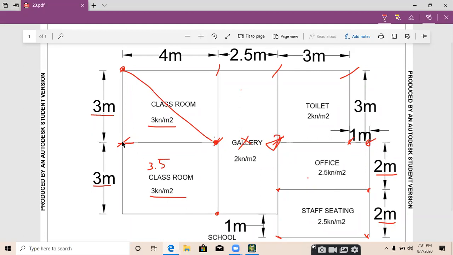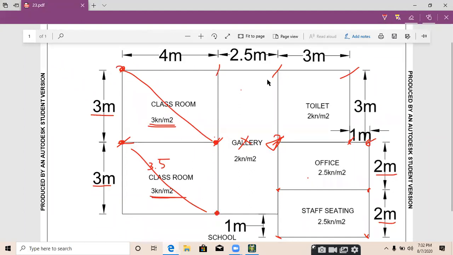Since the load is the same in both rooms, 3 kilonewton per meter square, we will apply the load from this node to this node at a time.